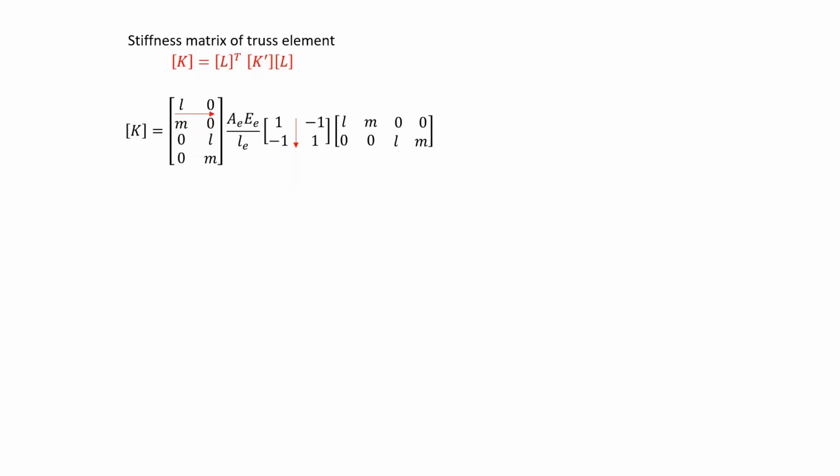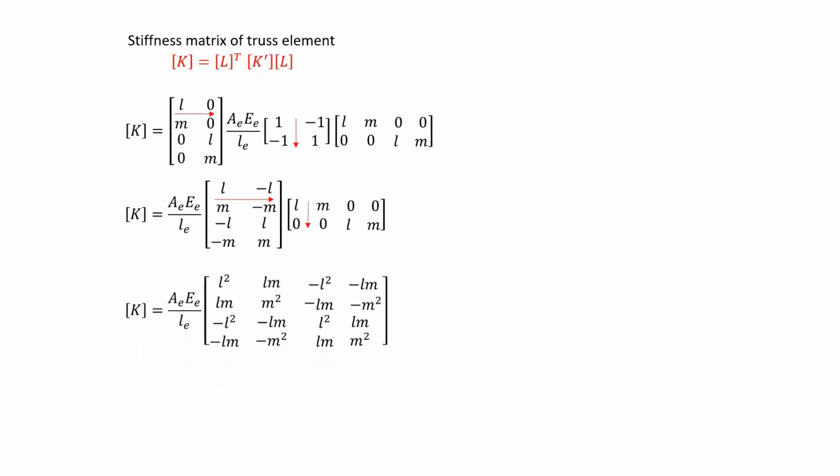So what is L? [L M 0 0; 0 0 L M]. Its transpose will be a column matrix, so L transpose is this one. Then K' is given by this, and L is this. First, let me multiply the first two matrices. This is how we'll multiply. After multiplication, we'll get K = AE/LE [L M; -L -M; ...] into the transformation matrix. If we multiply these two matrices,